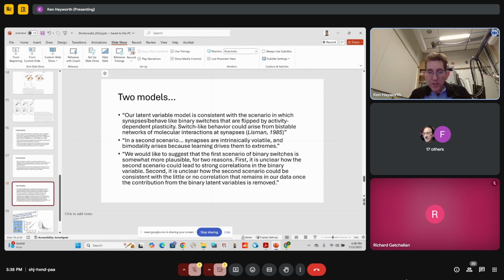So the models that they suggest, okay, and this gets to how learning occurs. Our latent variable model is consistent with the scenario in which synapses have binary switches that are flipped by activity-dependent plasticity. Switch-like behavior could arise from bistable networks of molecular interactions at synapses. They quote Lisman, 1985. I believe this is one of the beginning papers that was talking about CaM kinase 2 and the autophosphorylation of CaM kinase 2 as the possible molecular switch that gets turned on in a Hebbian plasticity